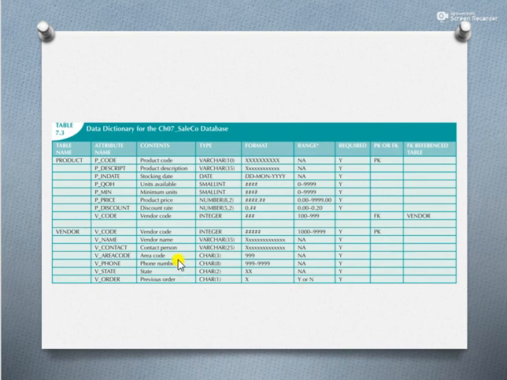This table represents the data dictionary for the sample database that we are going to consider in this chapter. Here we have a table, product, and product has different attributes like code, description, date, and different other attributes, and these are the data types that we use for them. Okay, what are these data types? Like varchar, date, small integer, number. So these data types we are going to describe in the next slide.